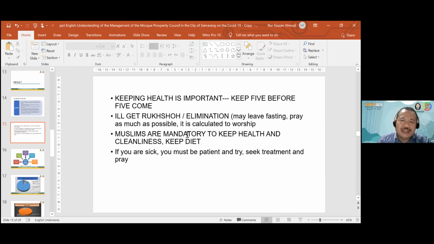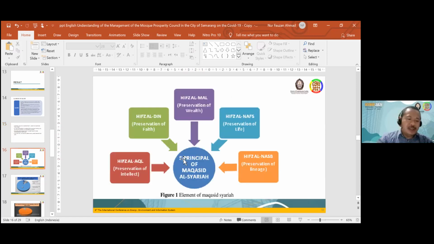Muslims are obligated to keep health and cleanliness, and keep a diet. If you are sick, you must be patient, seek treatment, and pray. This is Islamic knowledge. In Islam, the goals to be achieved by the Sharia so that human benefit can be realized